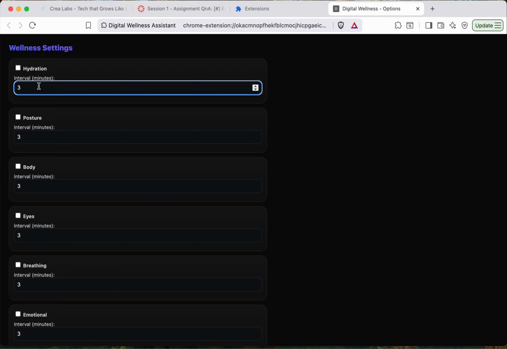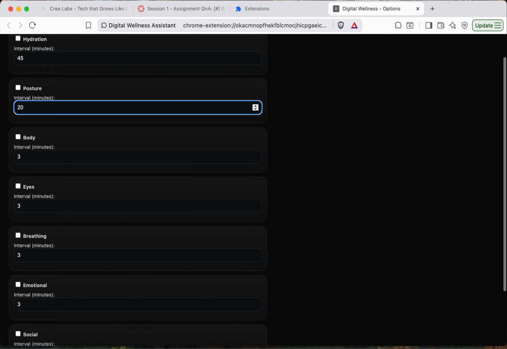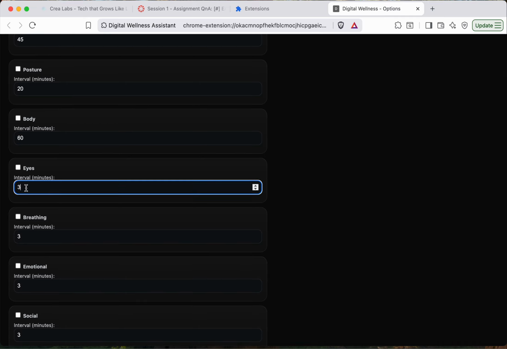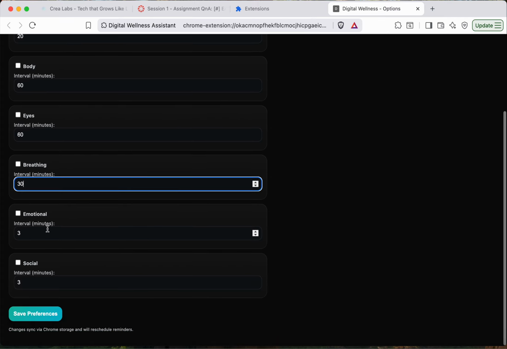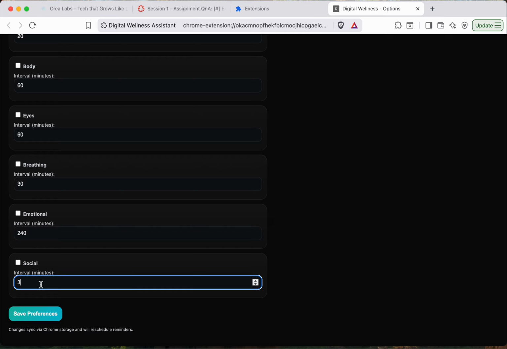Ideally, you will have much longer intervals, maybe every 45 minutes you want a reminder to drink water, maybe posture reminders every 20 minutes, body movements every 1 hour, eye movements every 1 hour, breathing every 30 minutes, emotional health every 4 hours, social health every 2 hours.